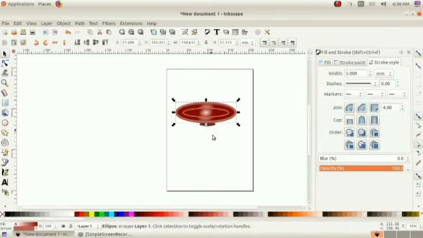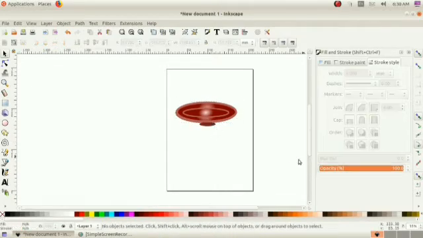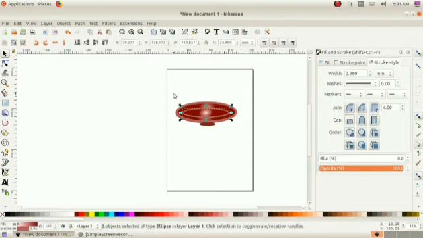Once again I am selecting these two circles. When we select that, we do not get it as one single circle. So if we use the group option, then we get it as a single object. Then you keep it nicely here.